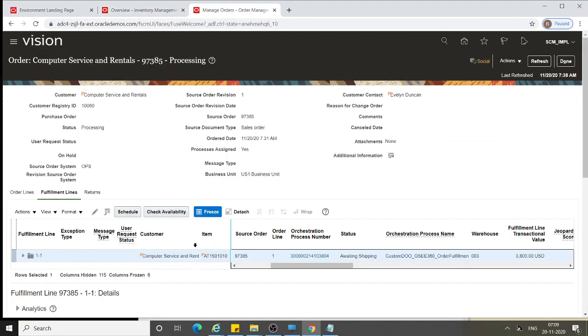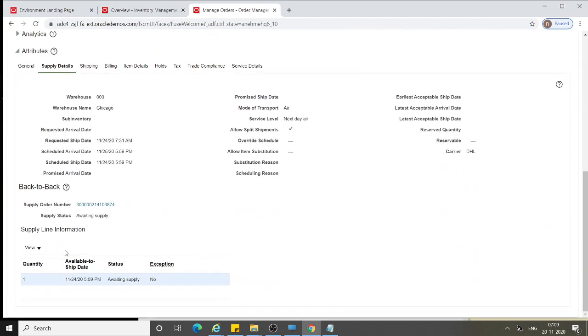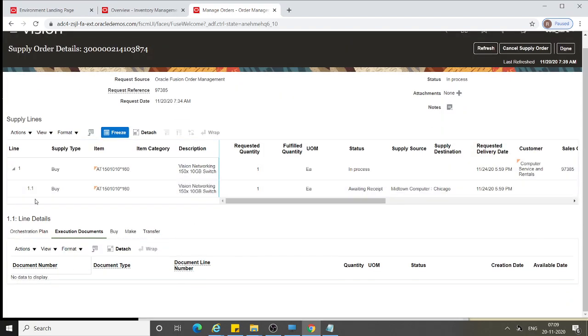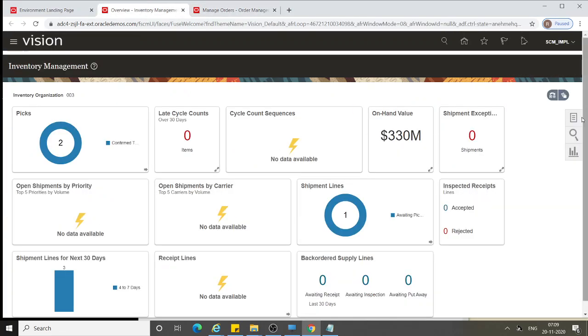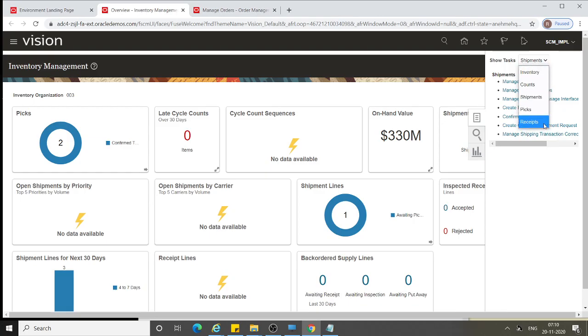Okay, let me quickly note down the purchase order number. So select the line 16. So I am in inventory management, from the task pane.